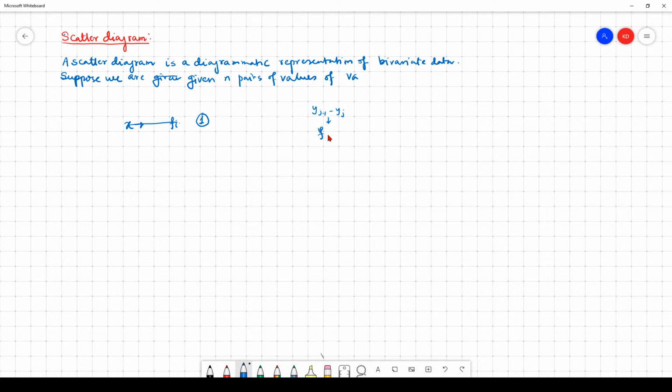I denote these by f1j, f2j, fkj. So this is a conditional frequency